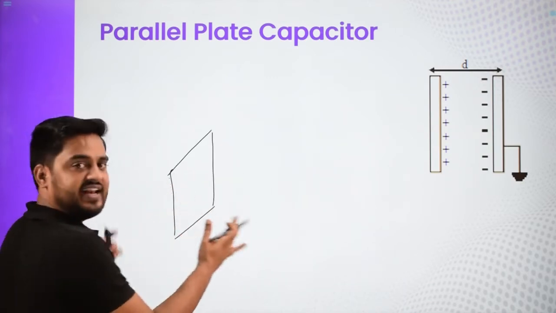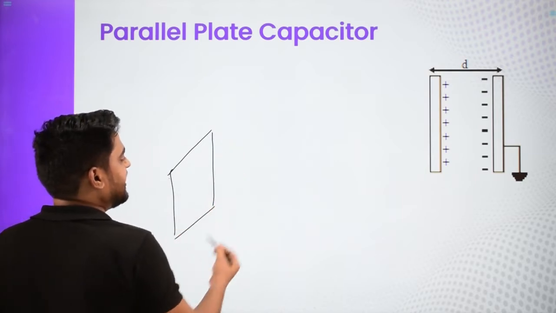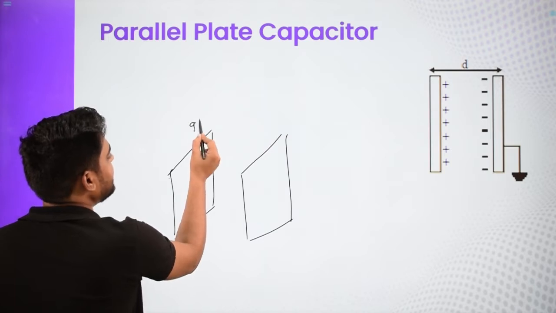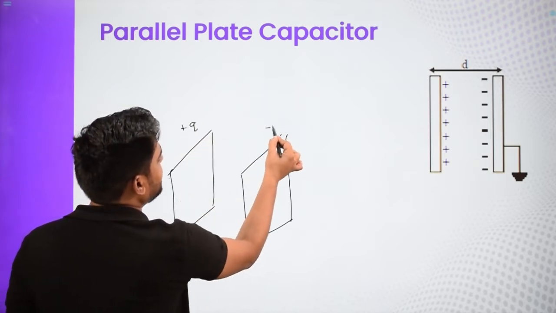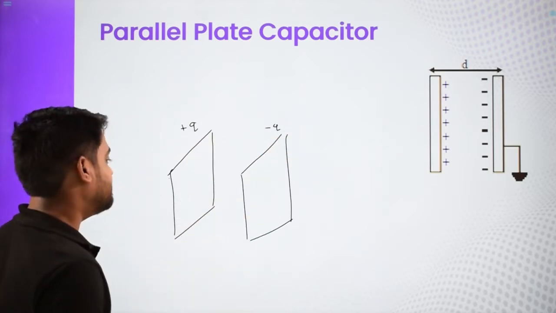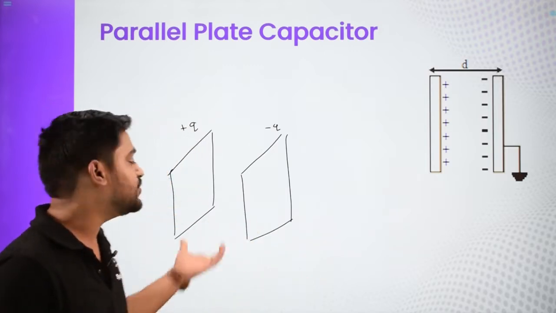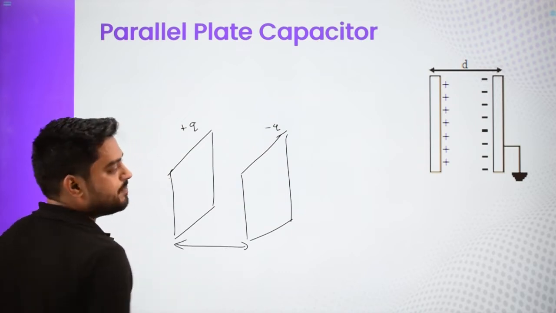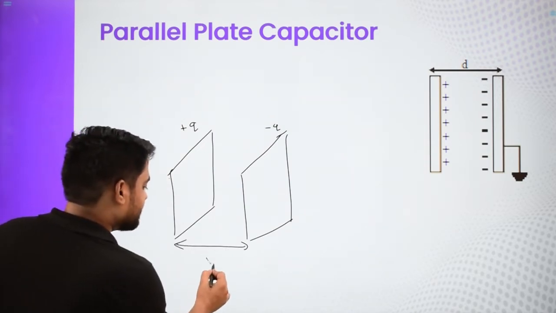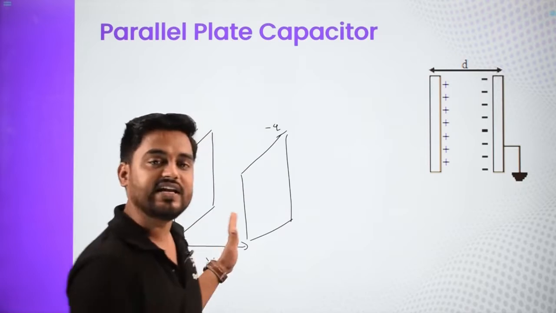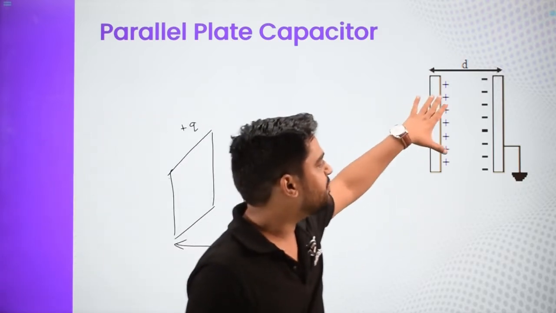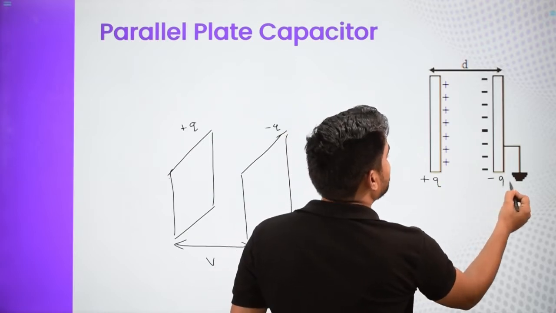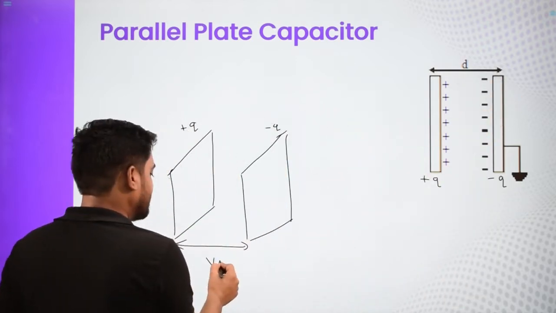This plate is very thin, and this is a conductor plate, and we are putting one more plate in front of it. To this plate we are assigning plus Q charge, and to this plate we are assigning minus Q charge. So the plates are said to have Q charge on them, and the potential difference between the plates, let it be V. So this is how it is. In 2D they will just look like a line. This is the positive plate having a charge plus Q. This is having a charge minus Q. The separation is written as D.